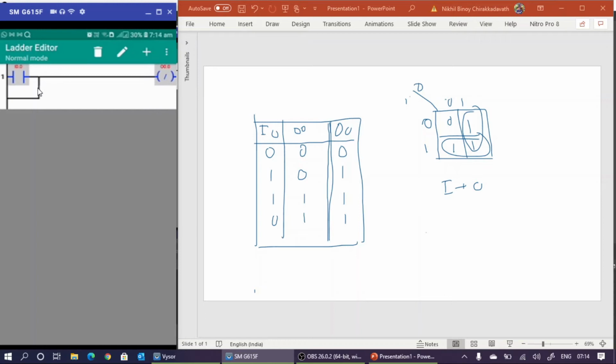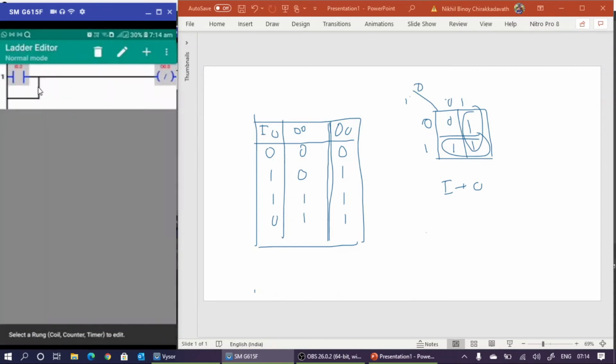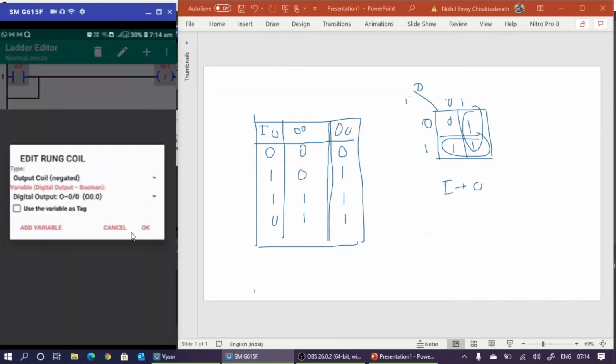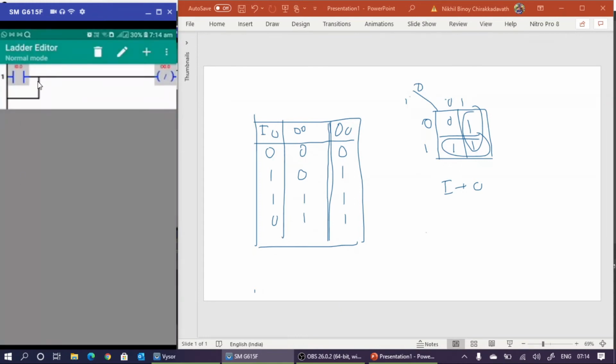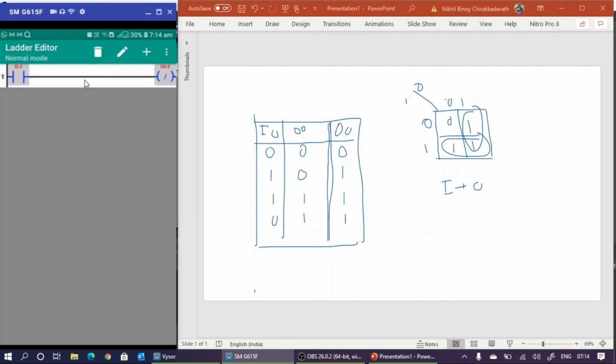If you want, you can move this one. Okay, that is not possible. So first delete this one. Add a sub rank. If you want to add from this one, yes. Initially, before releasing the left button of the mouse, you can move this one. Once you release that mouse button, that one is placed. Okay, so I am leaving here.